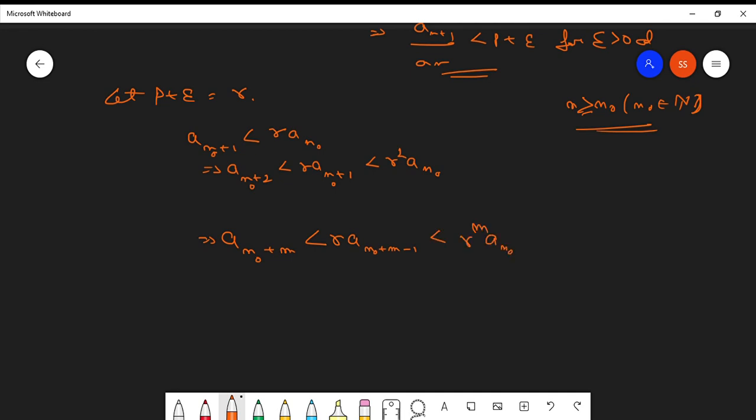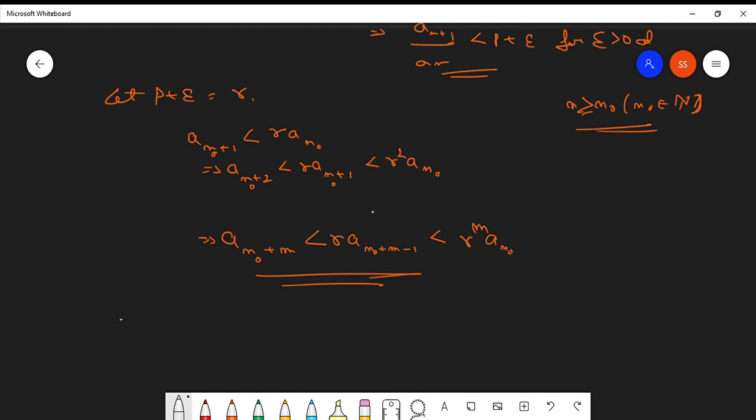We are not writing the numbers in between, we can directly do this. So what do these inequalities conclude? These inequalities conclude that the terms of our series after this n₀ term approach zero more rapidly than the terms in the geometric series with r less than 1. That is,